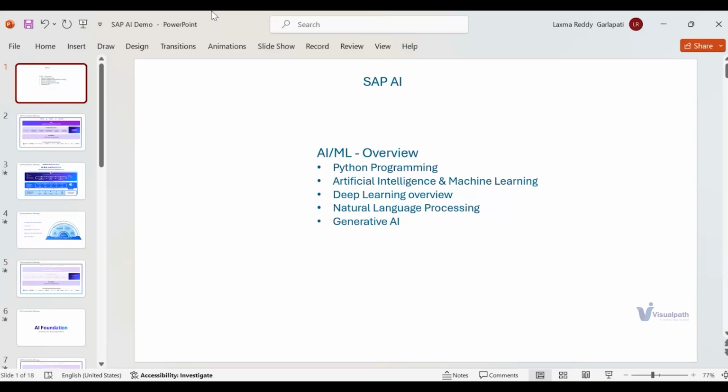For example, here we may discuss SAP Joule, right? SAP Joule is a typical example within the SAP ecosystem where natural language processing and generative AI based large language models have been leveraged in building and infusing the complete conversational experience for business users into SAP products and portfolio. For example, SAP SuccessFactors is the first SAP product where SAP Joule has been activated and many of the customers are benefiting from it.